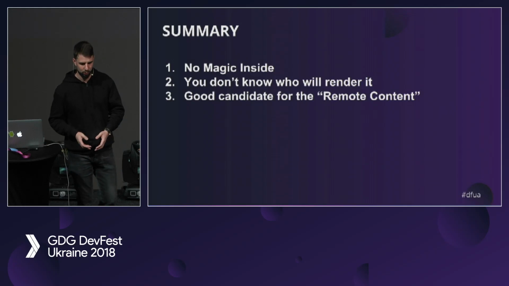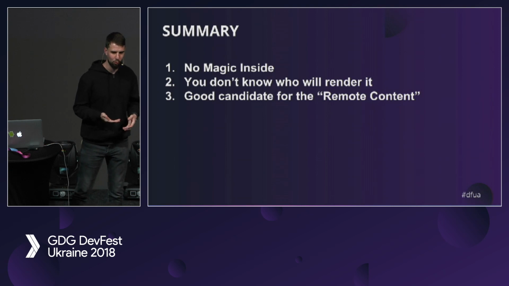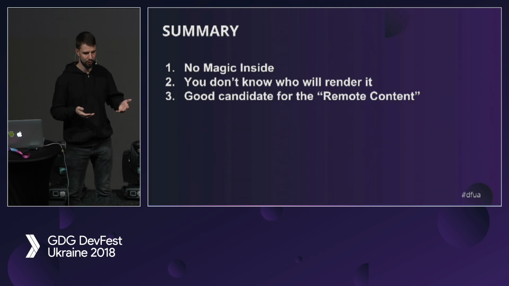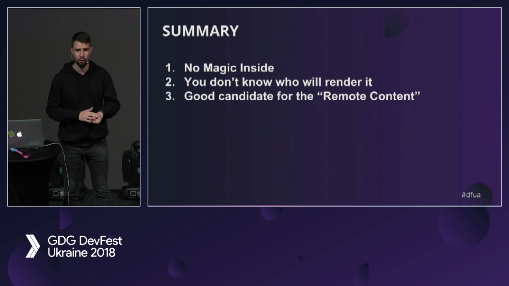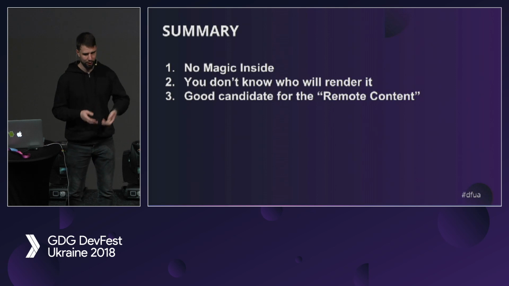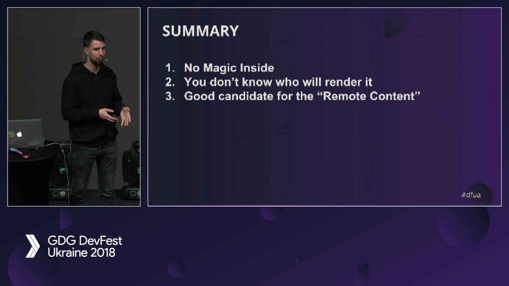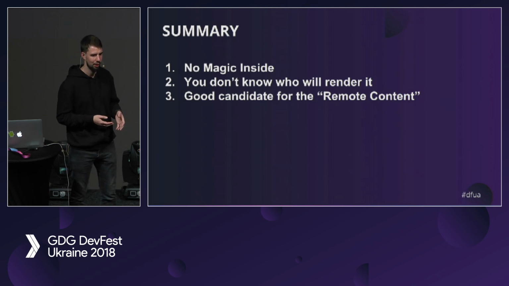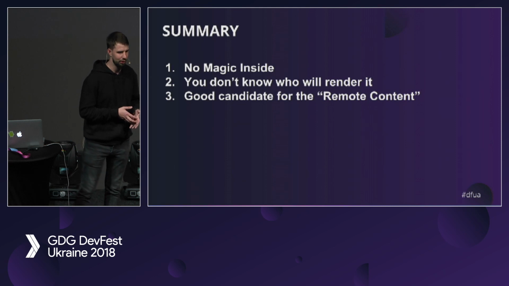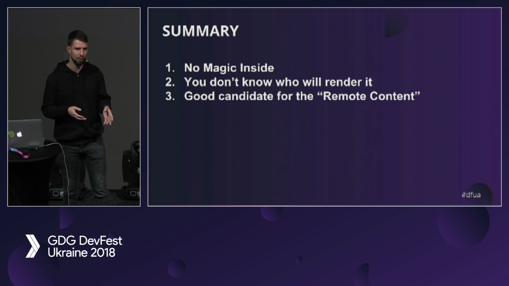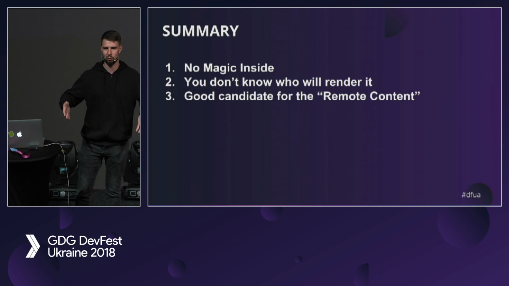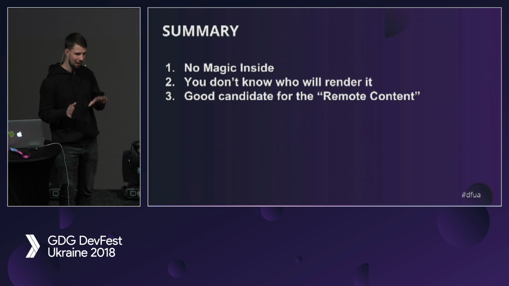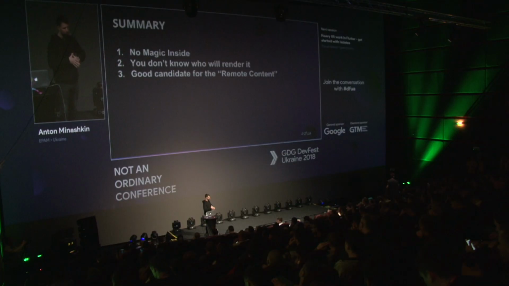So right now we have several ways to throw our data to other applications. We have widgets, we have application actions, we have notifications, and now we have slices. And all of them use different ways to show the content. All of them use different UI builders, different ways of working dynamically. So right now, if you want to implement all of them, you will need to implement like 4 different ways to show your data. And apparently, again, it's a good candidate to create one DSL for creating UI